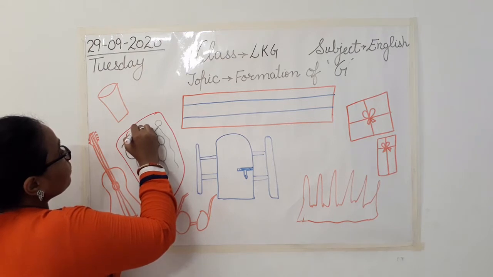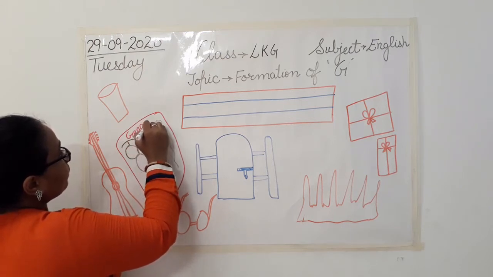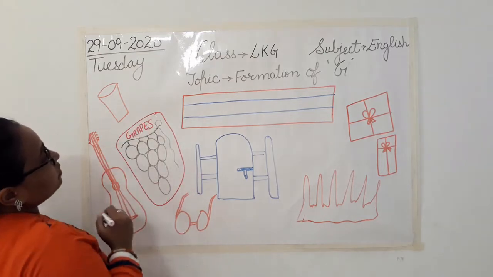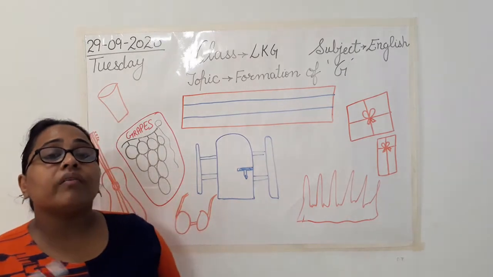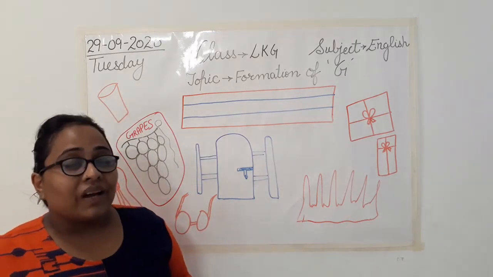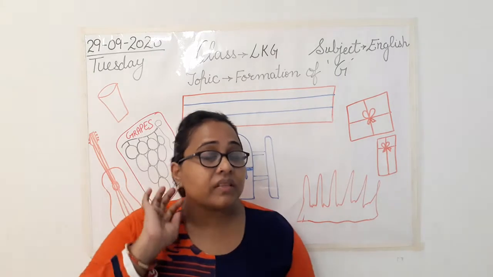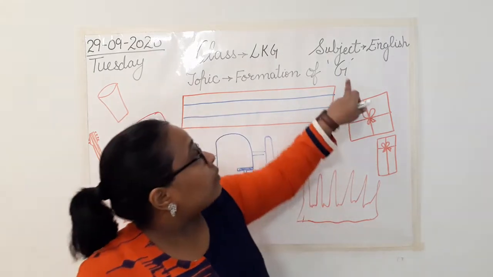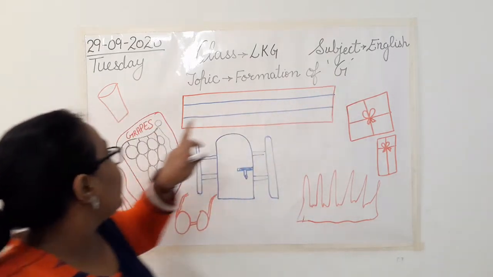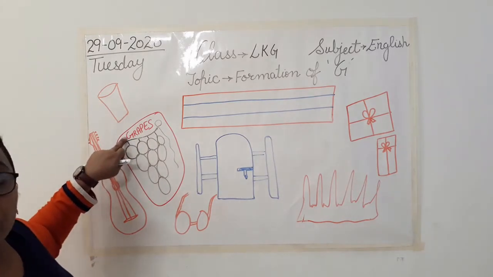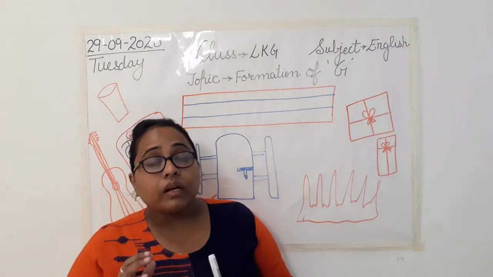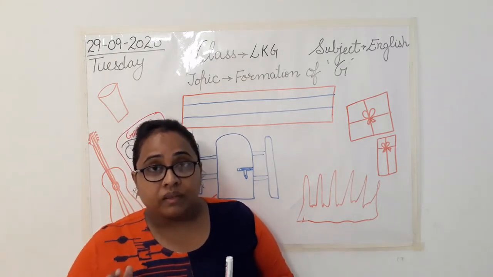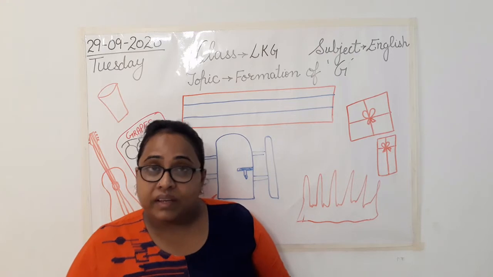G R A P E S. So what are they? Grapes. When we are saying the word grapes, G. Again, listen carefully to the sound coming. See, हम G के बारे में बात कर रहे हैं यानी कि the first alphabet. When you are saying the name, what sound is coming? G, grapes. G, grapes. Isn't it?